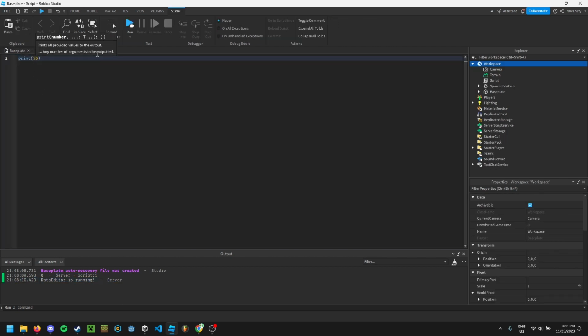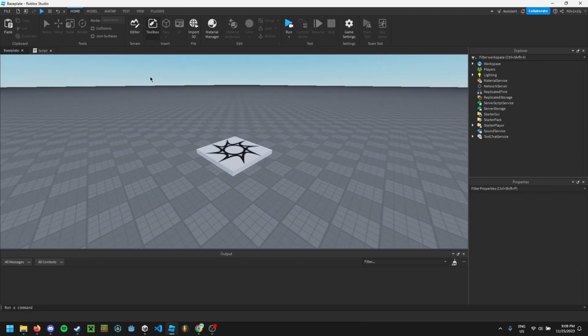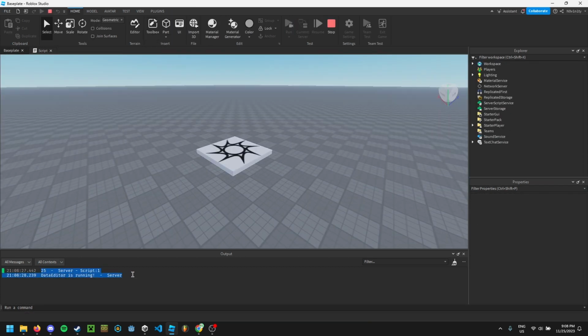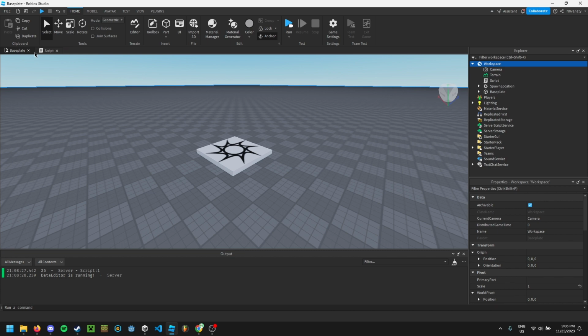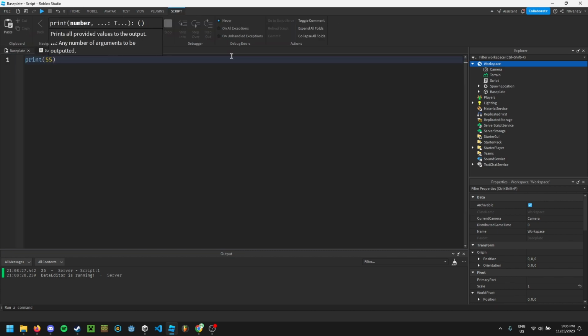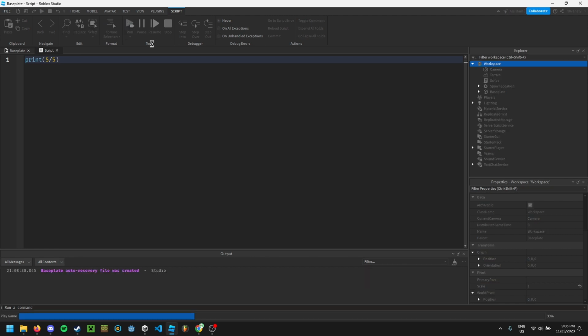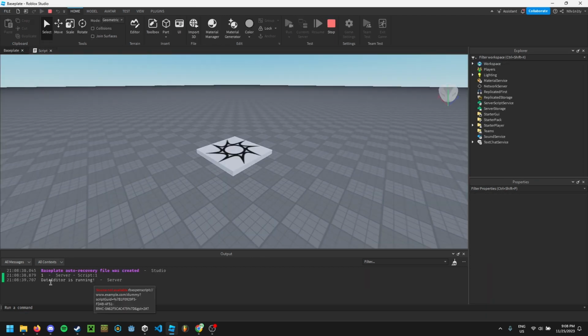Now, multiplication, if we do 5 times 5 with the star symbol, now make it a bit bigger, with the star symbol, and then hit run, we'll get 25, because 5 times 5 is 25. And now, division, if we divide it with the /, that'll give us 1, because it's dividing